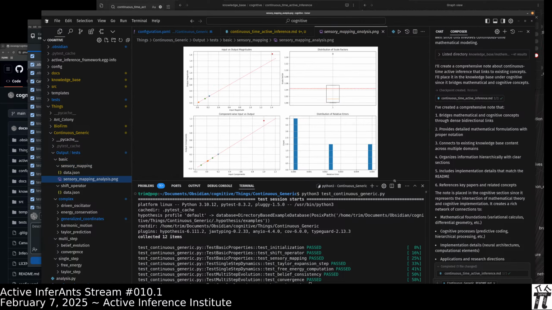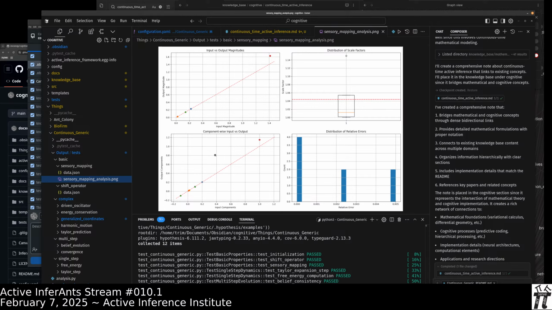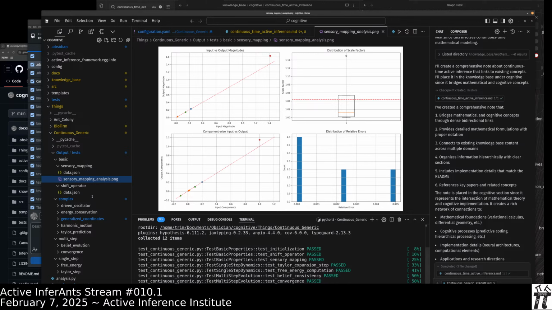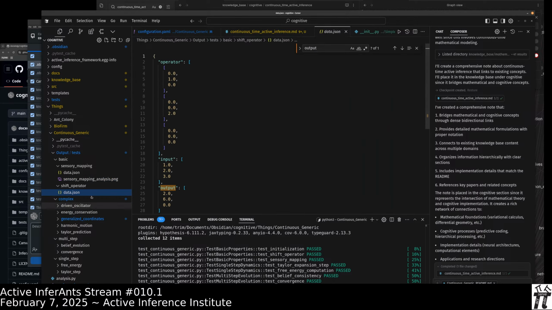Okay, some pre-flight checks on sensory mapping. How accurate was just our input versus output? Was there even the right correlation direction for sensory mapping? Shift operate, I don't know what these numbers mean in the JSON format, but you can ask, please improve the tests